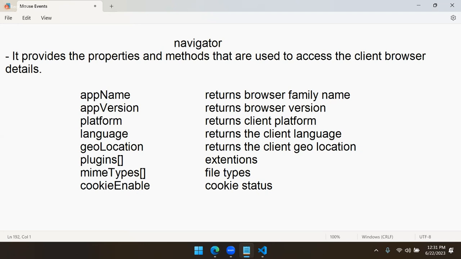So app name, app version, platform, language, geolocation. These are all the basic details. Actually, cookie enabled, that is enabled. These are all important because when we are sending some information to client, before sending that information, we should know